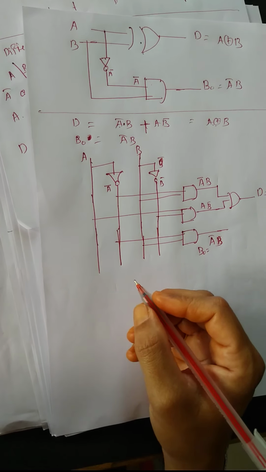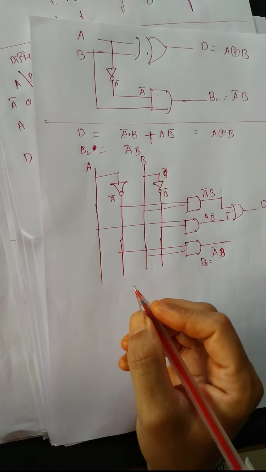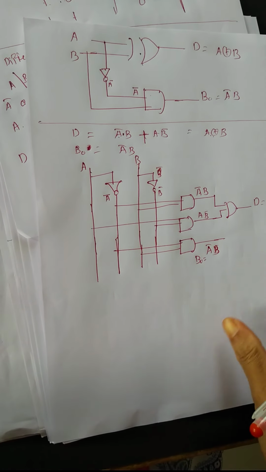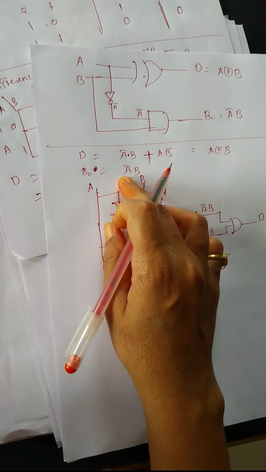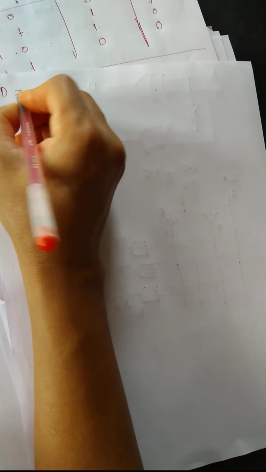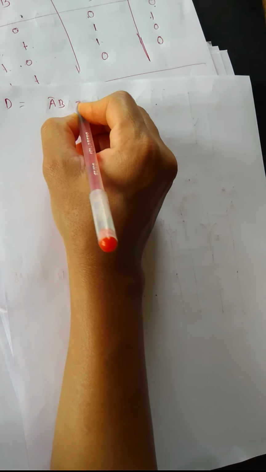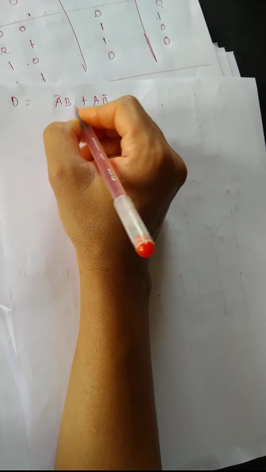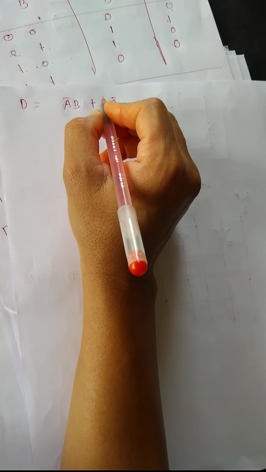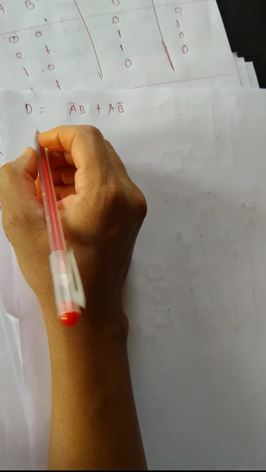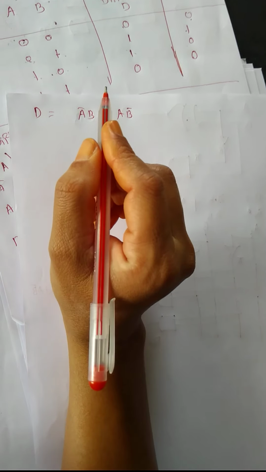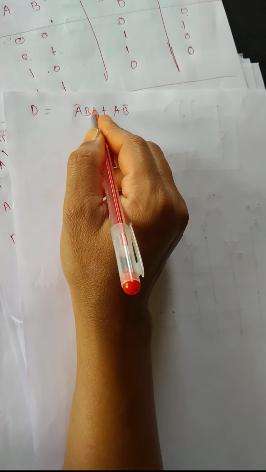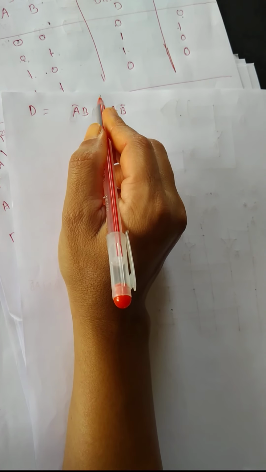Another question that is asked is a half subtractor design using NAND gate. So the difference equation and borrow equation you have to implement using only NAND gate. The difference equation A bar B plus A B bar is indicated as A XOR B. So for the difference equation you have to implement the diagram using NAND gates. So we convert the difference equation and borrow equation into the form of NAND gate.